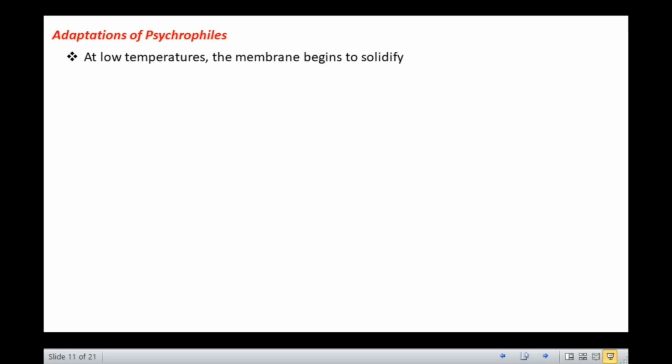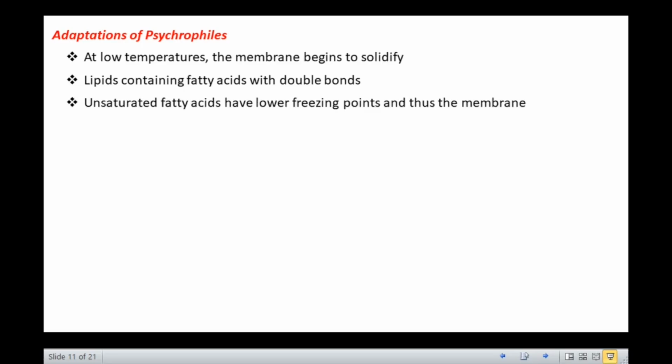How do these organisms survive at freezing and high temperatures? Obviously, they undergo some adaptations. Let us first discuss the adaptations of psychrophiles. At low temperatures, the membrane begins to solidify, making it difficult for the organism to carry out its many necessary functions. Psychrophilic bacteria compensate for low temperatures by synthesizing lipids containing fatty acids with double bonds. Lipids with unsaturated fatty acids have lower freezing points, and thus the membrane will stay fluid at low temperatures,